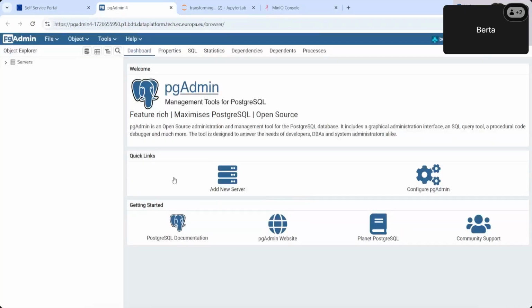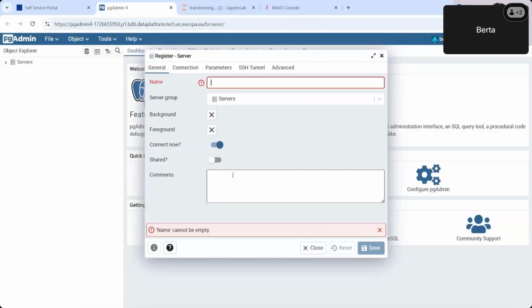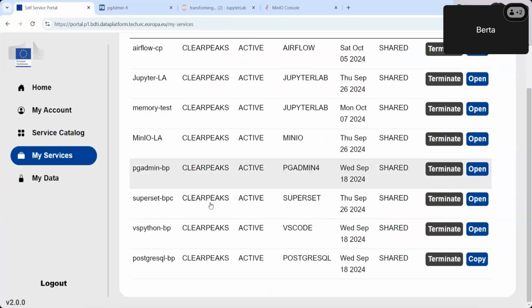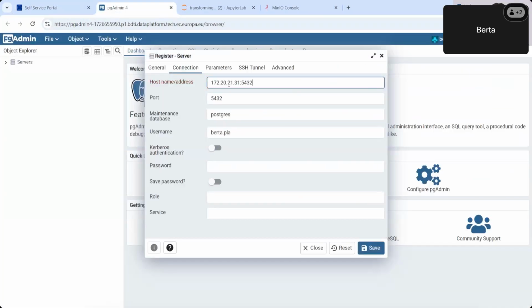Next, if needed, you can add the new server if you don't have it connected already. You give it a name such as PostgreSQL CP connection, and just put in the address, which we can get from here, copy. We'll paste it. We don't need this last part here since it's already done there. Then the name of the database, the username, which is Postgres.